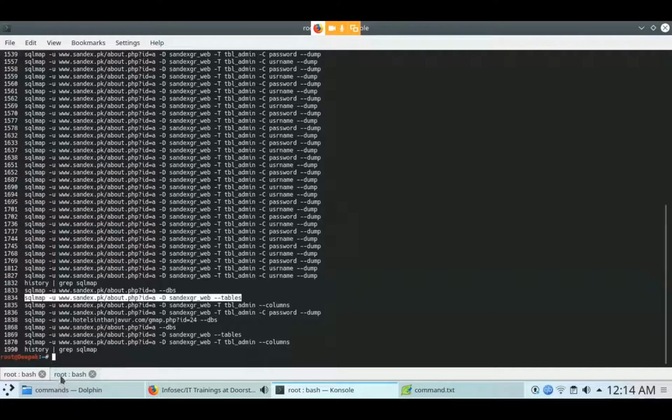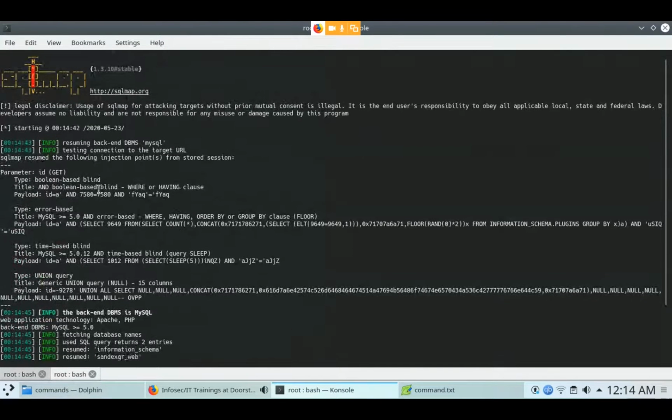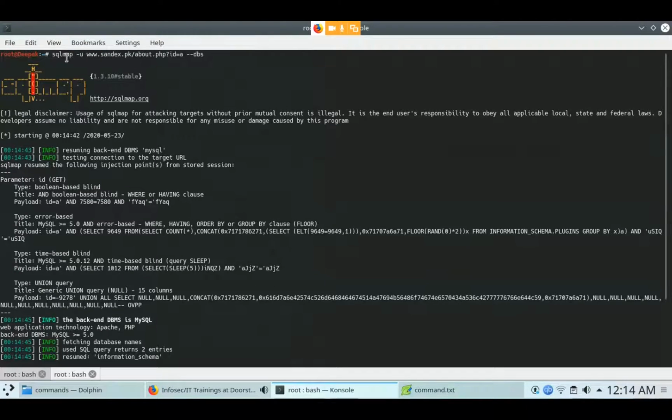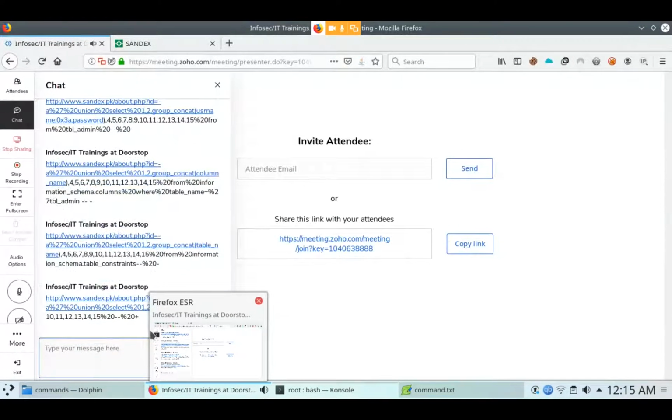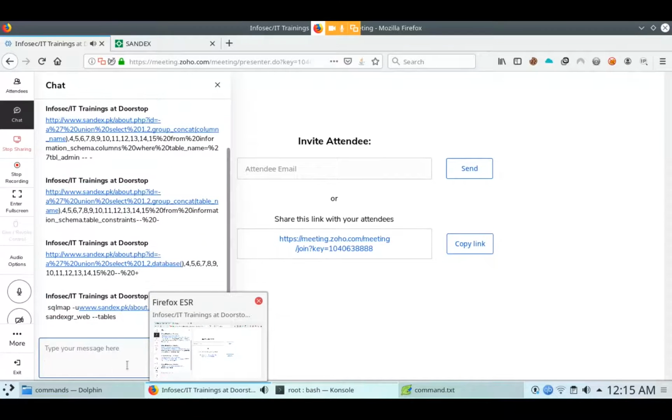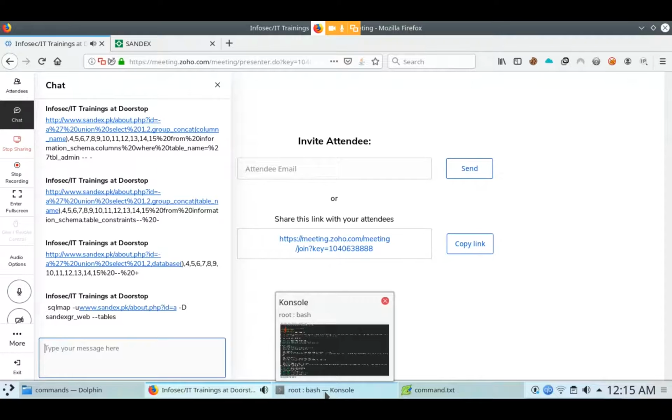Sqlmap -u is used for URL, --dbs is used for database. I will send you the commands in the chat box. There is a space between -u and the URL.